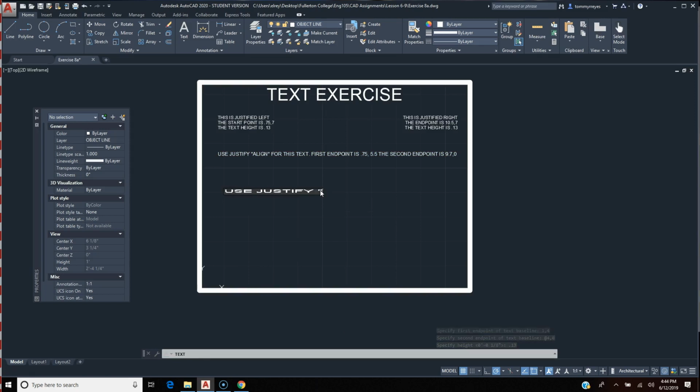So use justify fit for this text. It's asking me to use another sentence line for this. So first endpoint. Looks like they're using shorthand. 1, 4, second end